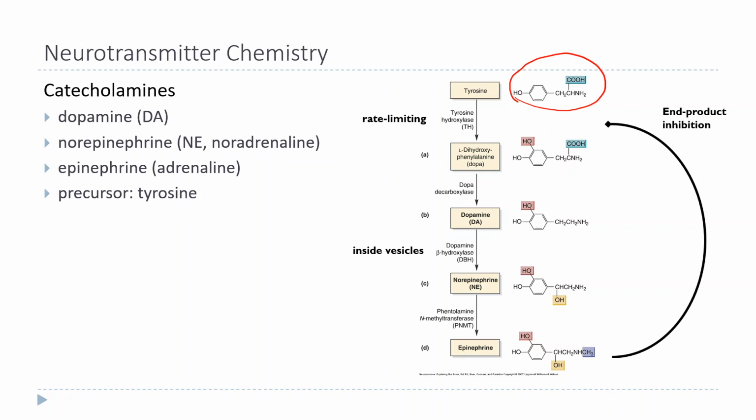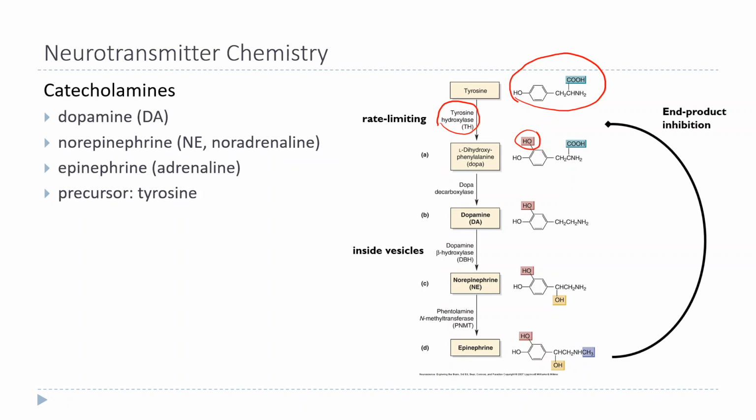But neurons that make catecholamines will also have this enzyme called tyrosine hydroxylase. And tyrosine hydroxylase, again, most enzymes end in ase, and usually you can kind of tell what the enzyme does from that name. So tyrosine hydroxylase adds a hydroxyl group to tyrosine, and this is the hydroxyl group